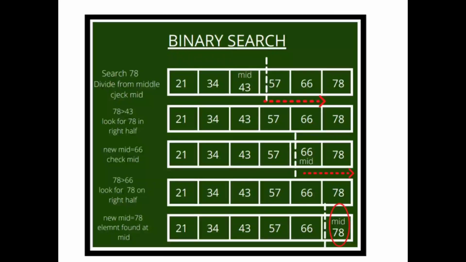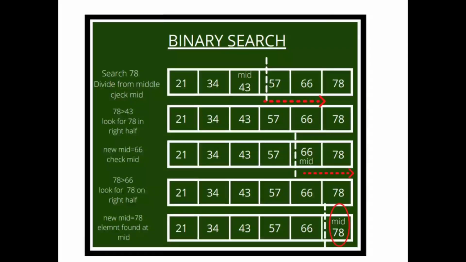Next, you can see here, we have to find out the middle element. The middle element is 0 plus 5 by 2, that is 2.5, that is 2. 2 is the middle element, 0, 1, 2. So 43 is the middle element. Next, we have to find the element 78. When 78 is compared to 43, 43 is the lesser element, so we have to pass to the right sublist.